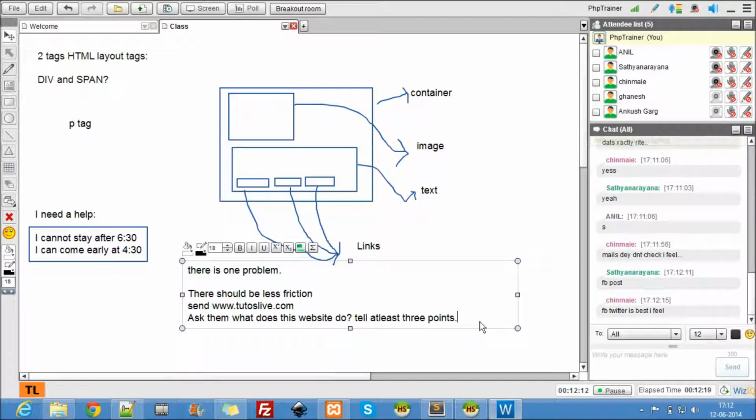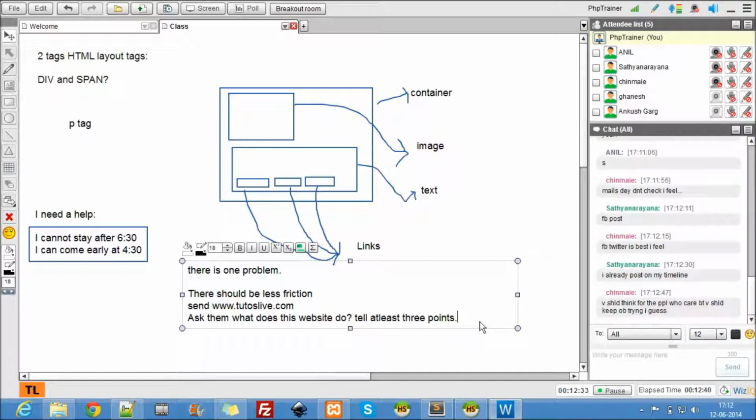Now, if you observe me, when I post something on Facebook or Twitter or G Plus, I tailor them. I don't post them as it is. Yeah, I've seen. But how many respond? That's the point I'm coming to. So there are some persuasion points in social media marketing. There are a few points you've got to remember. It's not about trying.